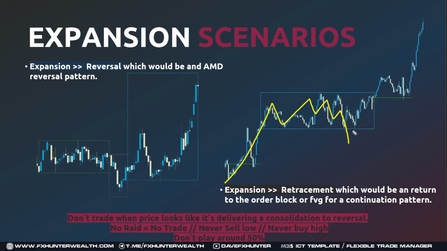So this is wrong. You have a consolidation. After consolidation, we know that only the expansion can come, right? So you have an expansion. Now this can be a retracement or a reversal, right? So you know that you have an expansion, consolidation, expansion, then you have an order block in here which breaks